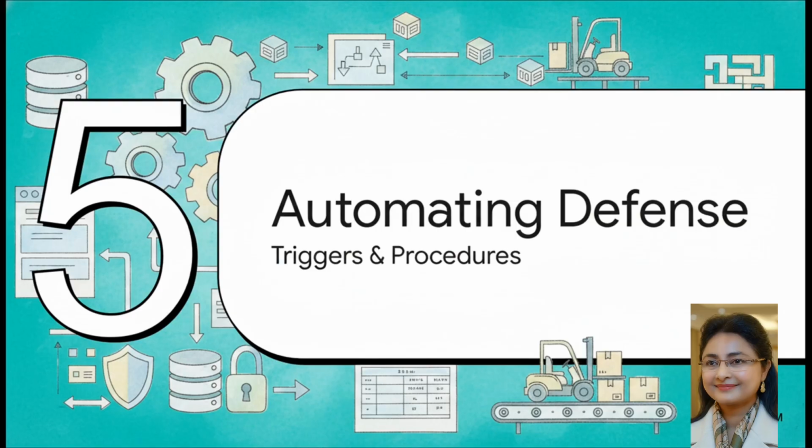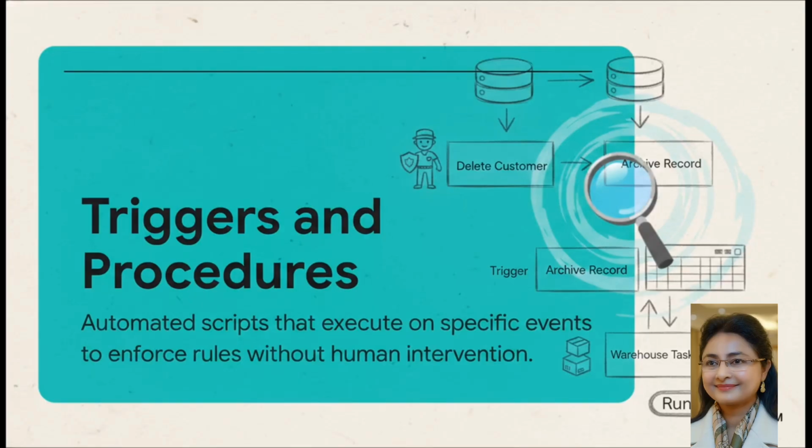And finally, Section 5. Automating defense with triggers, the automated security system. So, we have our rules, our forklift operations, and our assembly lines. But how do we enforce all of this automatically? Enter triggers and procedures, which are often written in SQL or PL/SQL. A trigger is exactly what it sounds like. It's an automated security guard that waits for a specific event to happen, and when it does, it fires off